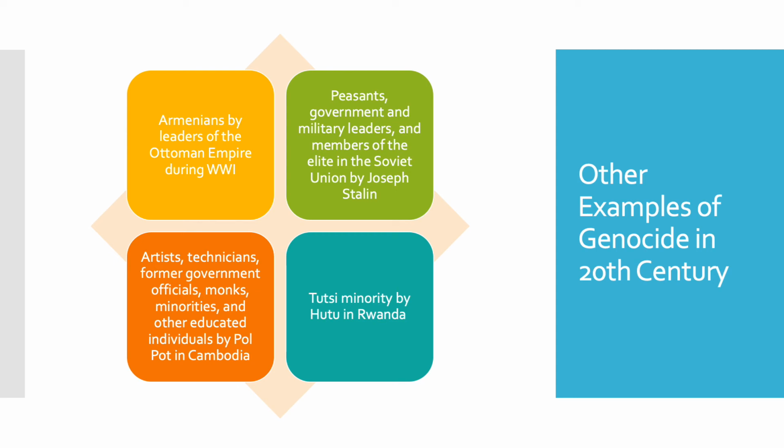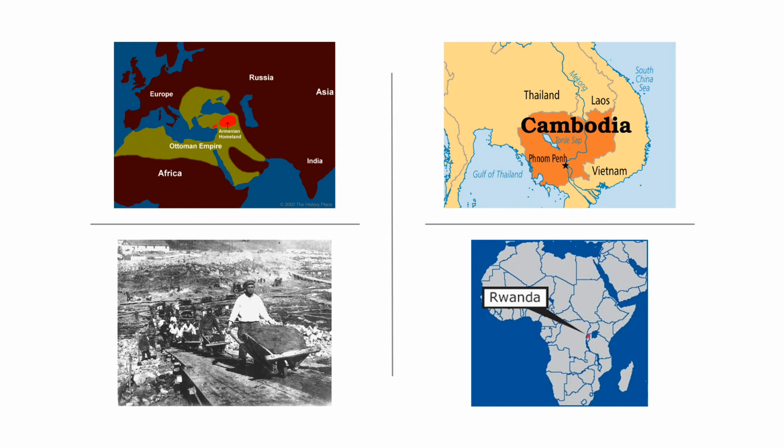And last but not least, the Hutus and Tutsis. This is the most recent genocide, so maybe you've heard of this in Rwanda. Rwanda is a small country in Africa where the Tutsis were massacred by the Hutus. And here's just a map showing you some of the things on there. You can see how Rwanda is a small country. And some people might ask, why do the